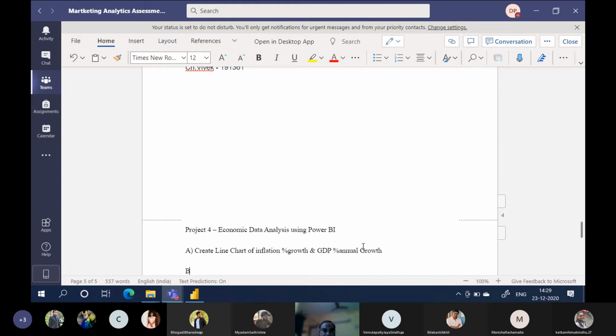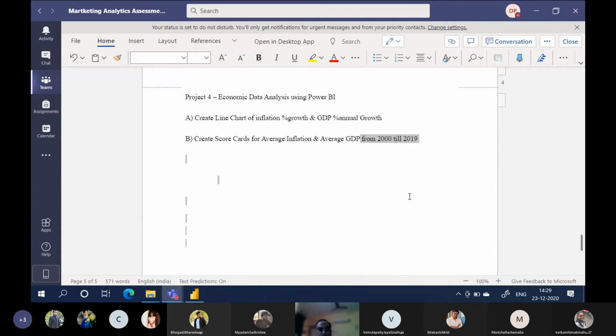Task B, create scorecards for average inflation and average GDP from 2000 till 2019. This also from 2000 to 2019.